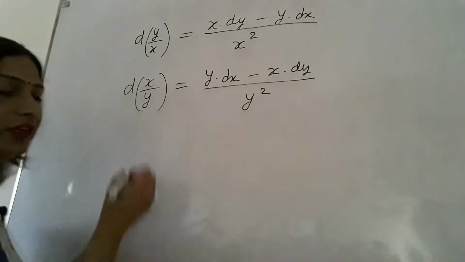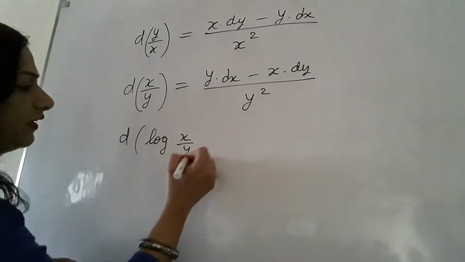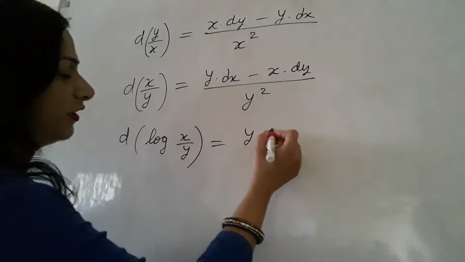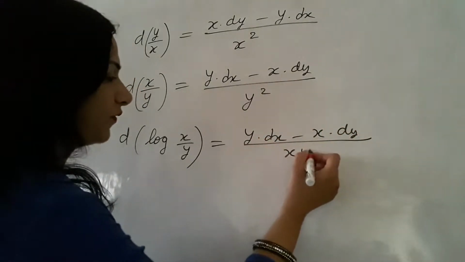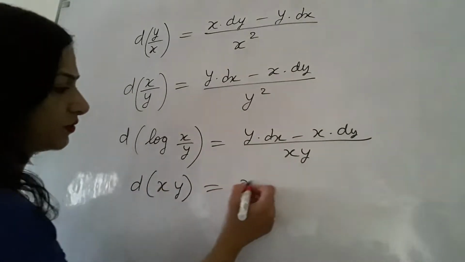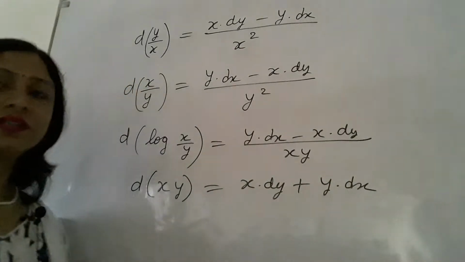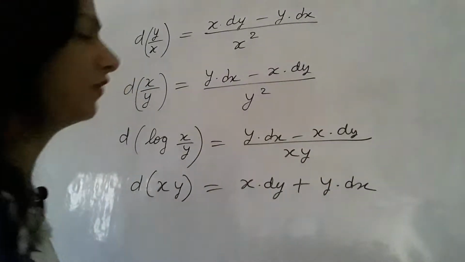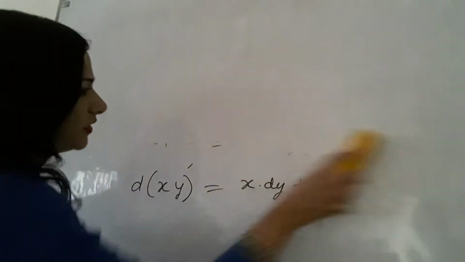Similarly, differentiation of log x upon y is equal to y into dx minus x into dy upon xy. Similarly, differentiation of xy is equal to x into dy plus y into dx. Similarly, we know many other differentiations also. Now, let's try some examples. Our first example is